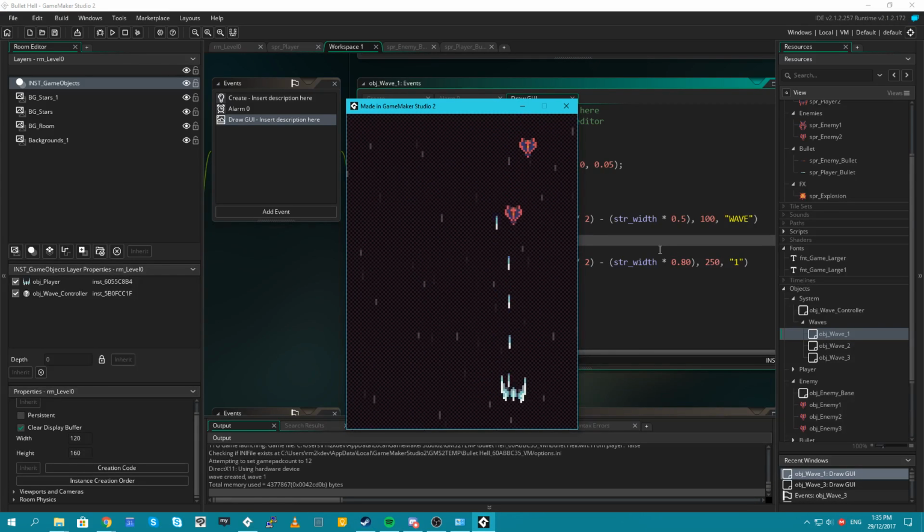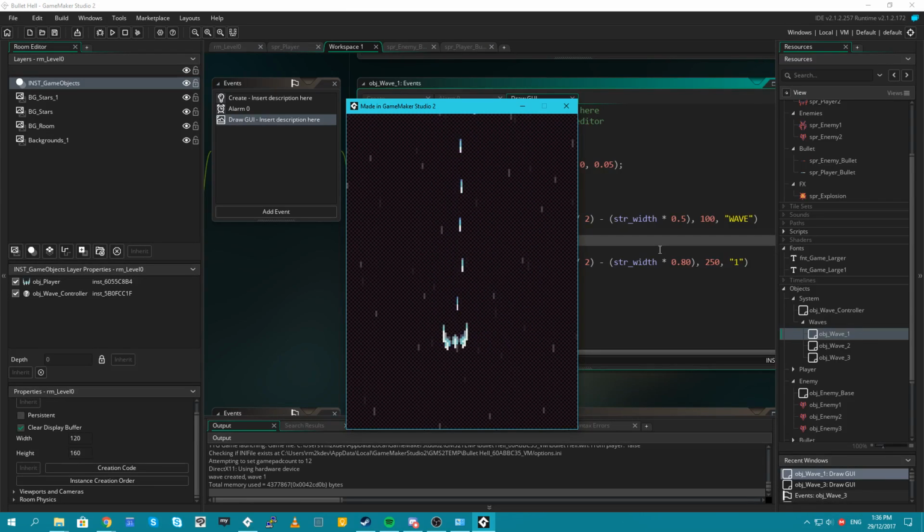Wave 1, and then they start coming, right? So these are the easy ones. Okay. We do need to add score and play a death and all that sort of stuff, but meh, it's alright. I want to see that wave 2 come up on the screen. Let's have a look. Okay.